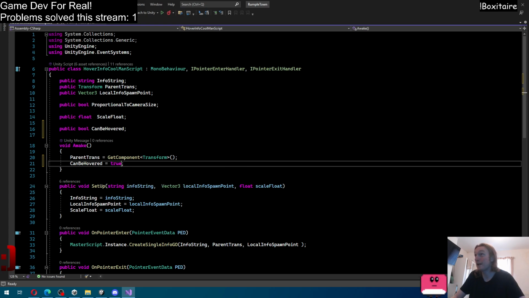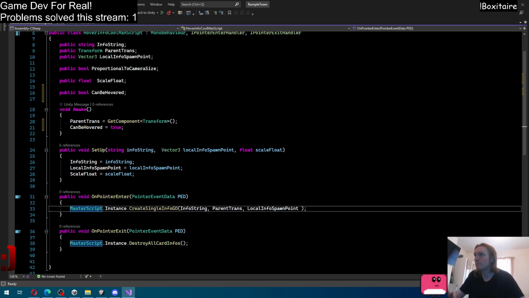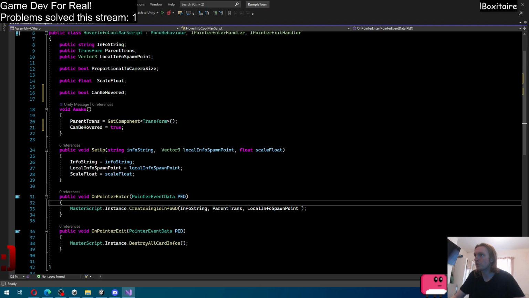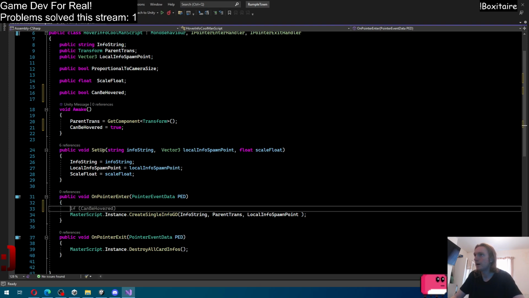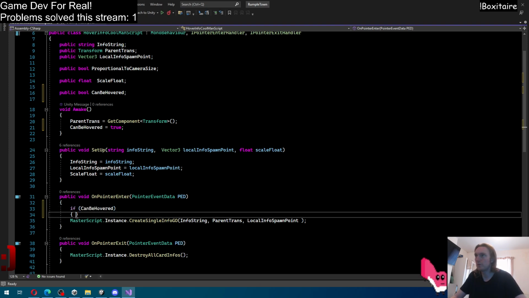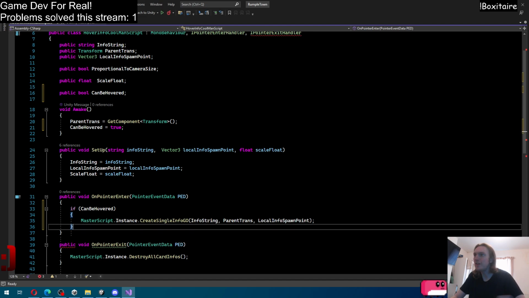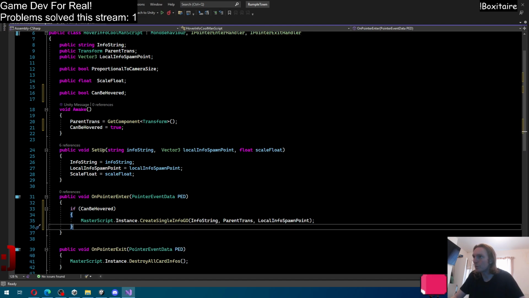Alright, so that way, regardless of wherever I'm using this, it won't have much change, so that's fine. If can be hovered, then we do all of that. And then I think I can assume this doesn't matter whether can be hovered, it will destroy it all the time anyway. So that's a good start. We haven't fixed anything here,